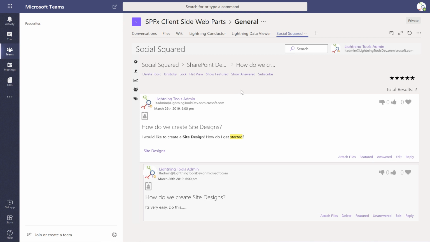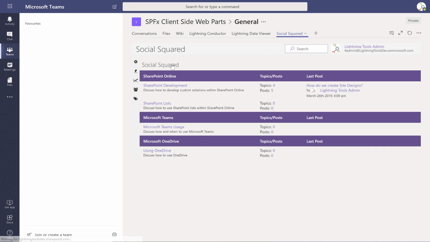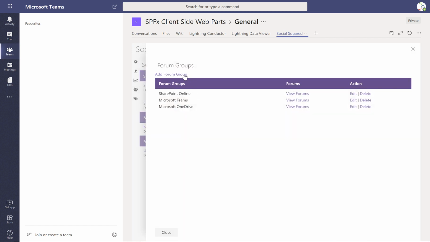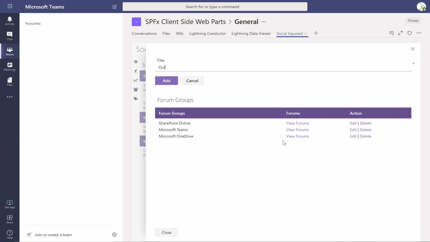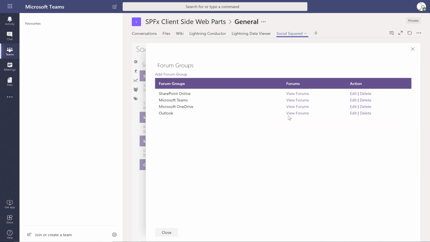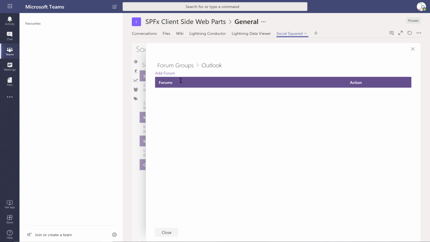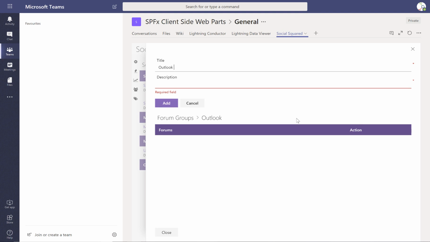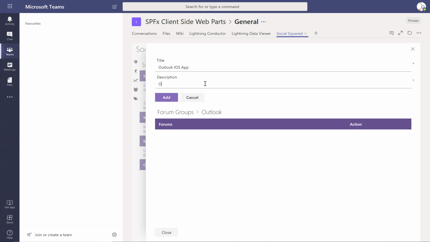So that's the sort of functionality that we have inside Social Squared. If you want to create your own forum groups, then we can easily create a new forum group. So here we could create a forum group for Outlook and add that. Inside the forum group, I could add one or more forums. So the first forum could be the Outlook iOS app discussion